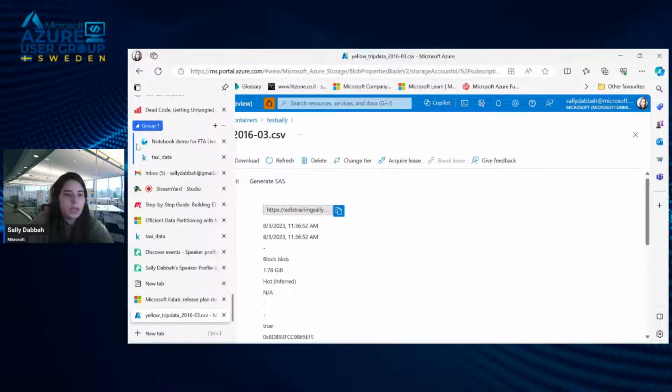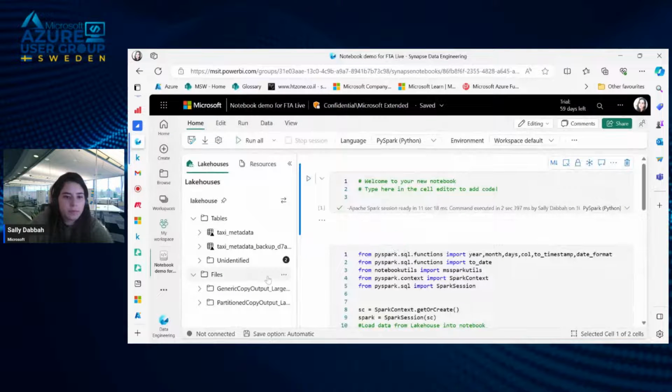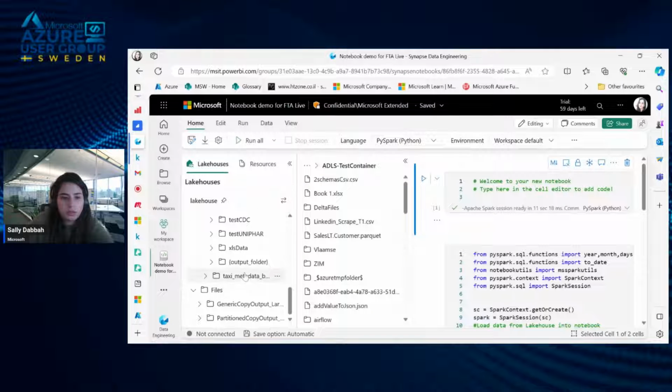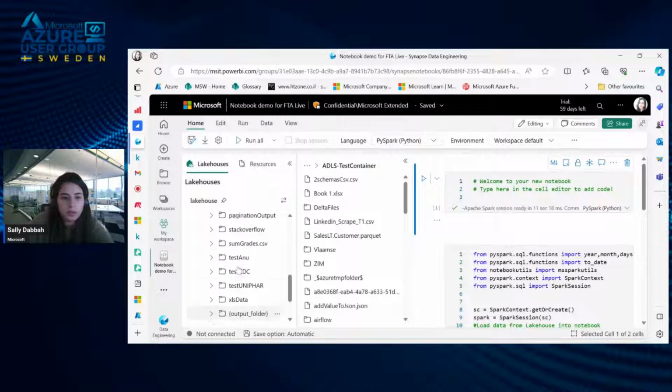Okay, in Fabric I added my ADLS container as a shortcut.